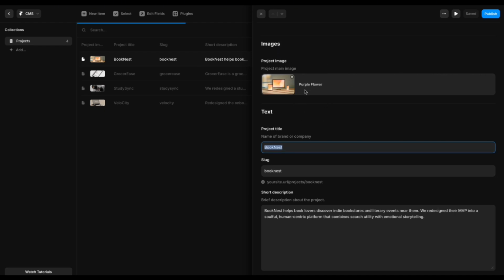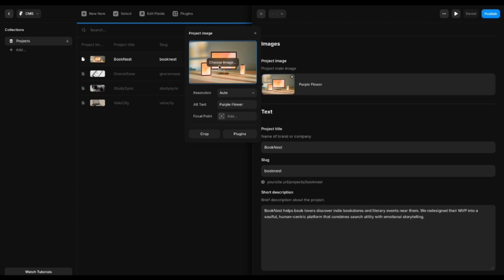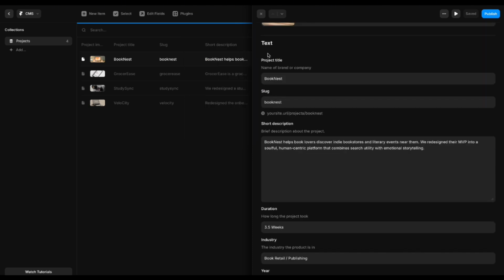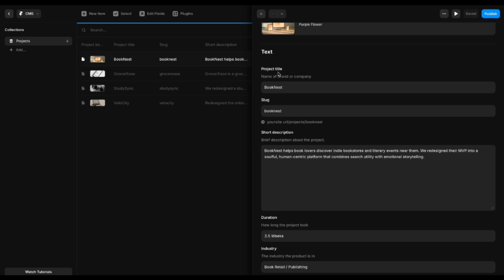So it's just as simple as filling a form, basically. As simple as filling a form. So for this project image, you select it like this. Choose image from your laptop. Simple. And then for project title, this is where you're going to edit your project title, the name of the